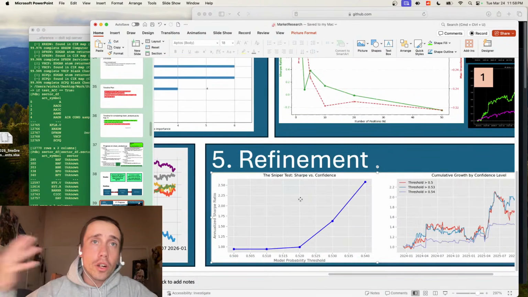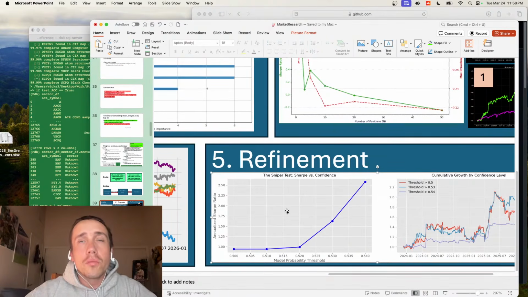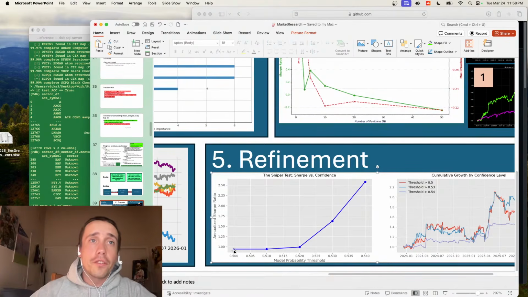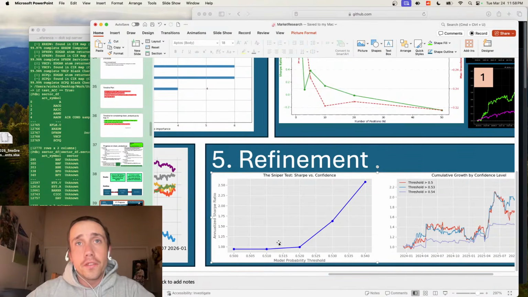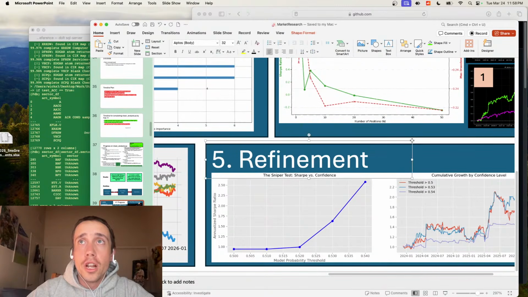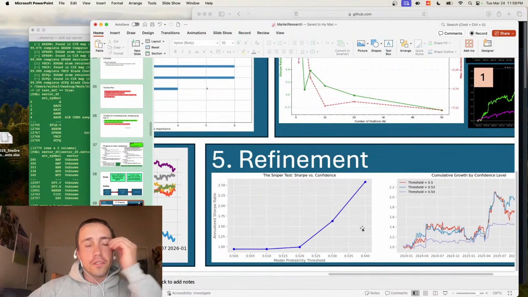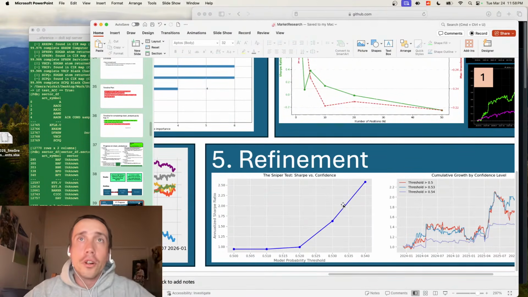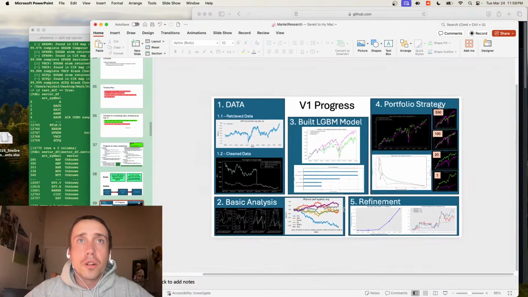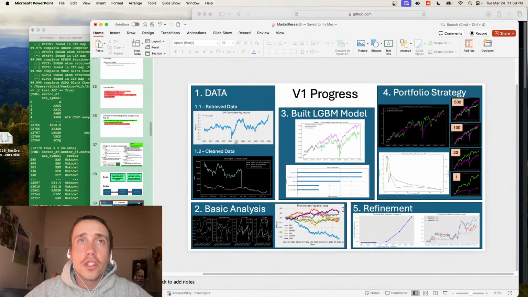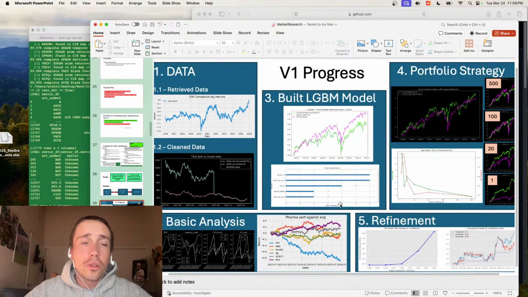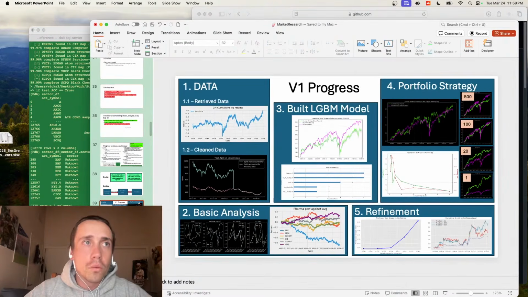I then tried thresholding a similar model. So this is predicting probability of going up. I started at 50%, and it's just below 1 in the Sharpe ratio. But I found that if I increased it to 53%, I get a pretty substantial increase in the Sharpe ratio. And at 54%, I'm getting a really high Sharpe ratio. But the problem is if I increase to 55%, it's not making any picks. So for these reasons, I concluded the model was pretty fragile and not robust enough, and I needed to basically look through all sorts of different features and targets to find something that worked.